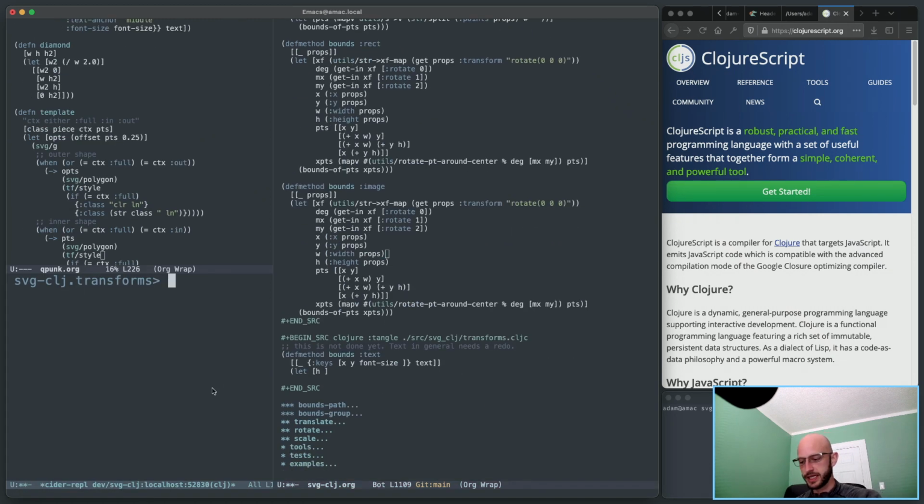So, let's see. I was actually in the middle of something here. Text scale, let's just bring this back down a little bit here. Okay, so